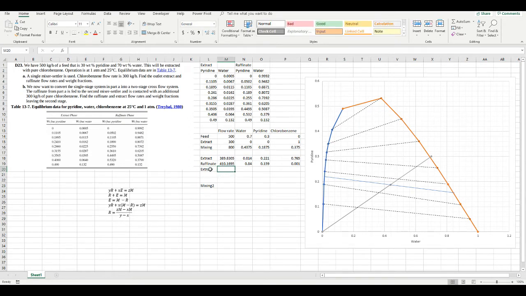This would have a flow rate of 300 kilomoles per hour and be pure chlorobenzene. And so the mixing stream is going to be equal to this plus this, and then the composition is going to be equal to 84% water times the flow rate of the raffinate divided by the total flow rate,